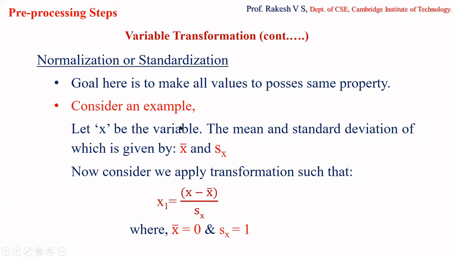So students, with this, we have come to the end of the data pre-processing step. We had 8 different techniques of data pre-processing, starting from aggregation, then sampling, then data reduction and dimensionality reduction, then feature subset selection, then feature creation, and then this variable transformation. All this comes under your data pre-processing.